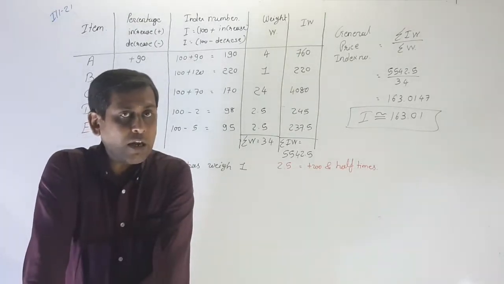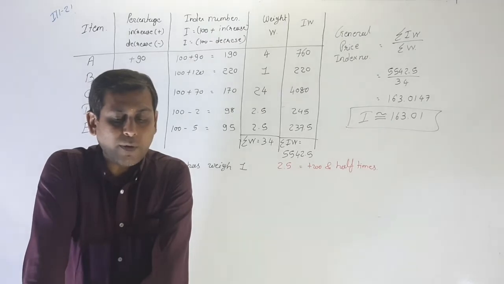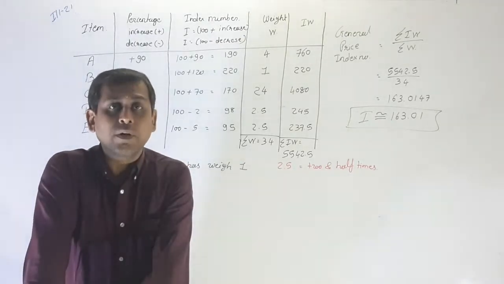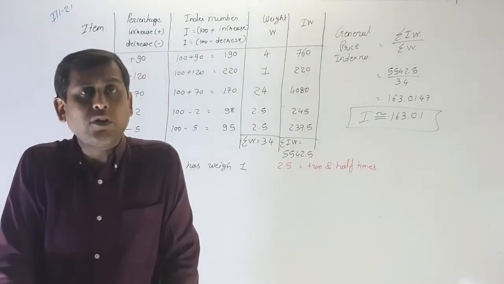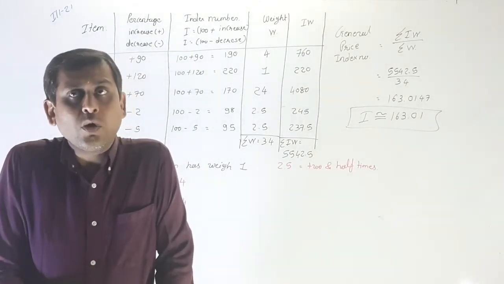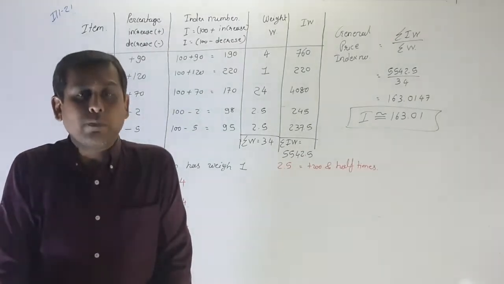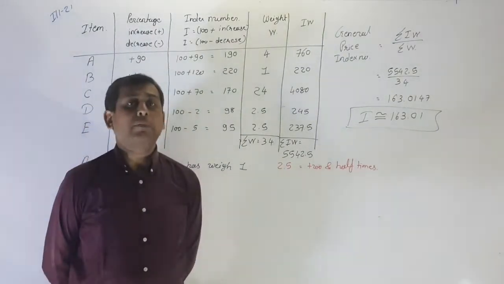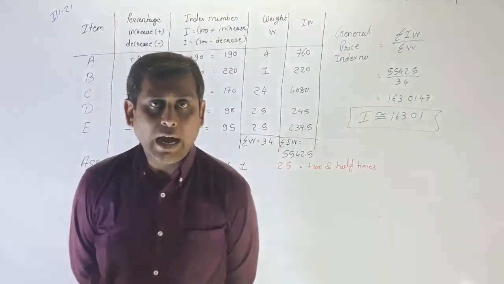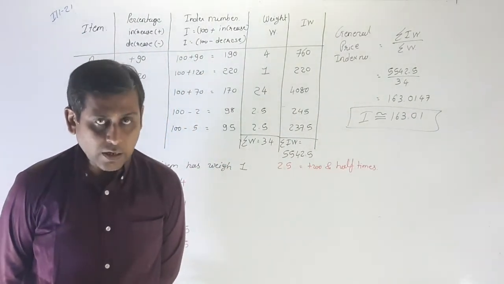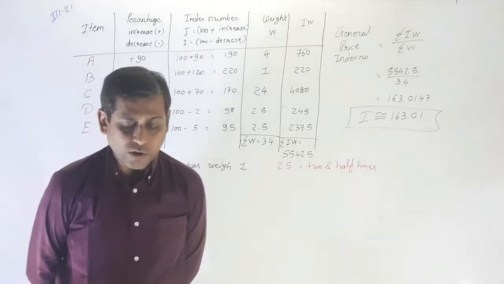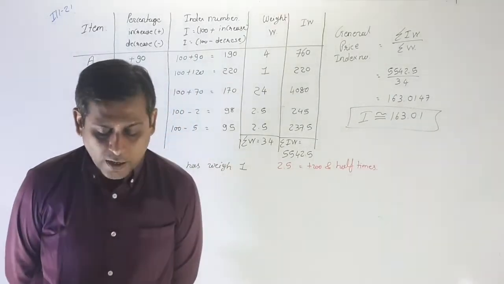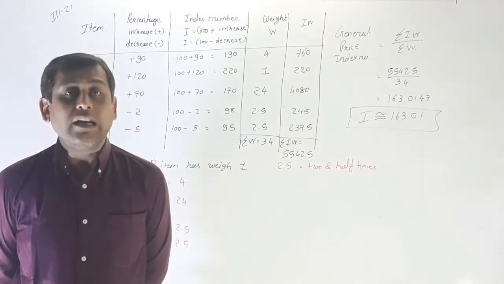Here the quantity of the base year as well as the price of the base year and the price of the current year is given. Since the quantity of the base year is given, you can find the index number by the total expenditure method. That means you have to find the IL from that. Next question: prepare the index number of the group of fuel expenditure from this data.